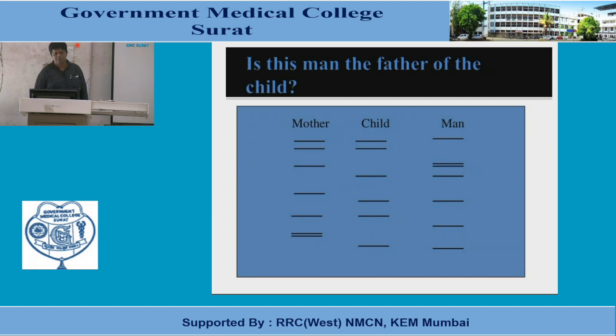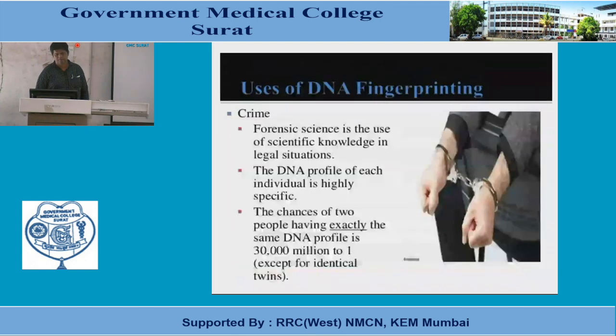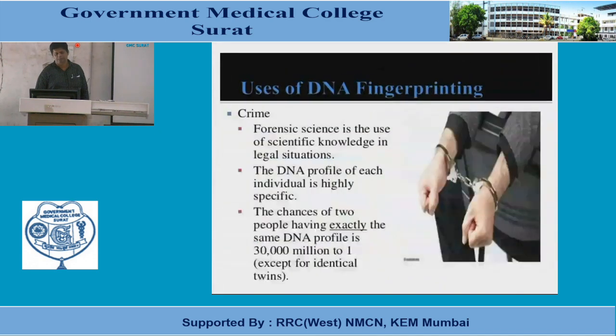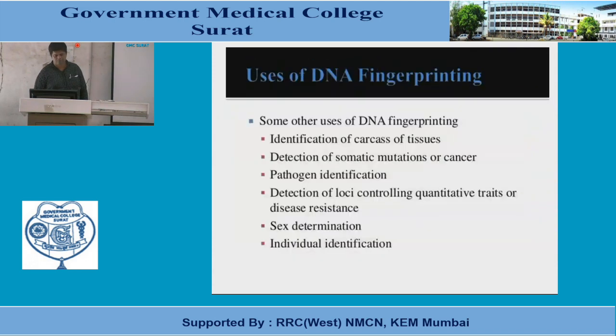Okay, thus the DNA fingerprinting is helpful in inborn errors, genetic disorders, prenatal and newborn babies, crime, medical problems, paternity test. Other uses: identification of the carcass or tissue, the detection of somatic mutation or cancer, pathogen identification, detection of loci, sex determination, individual identification. Okay, there are so many